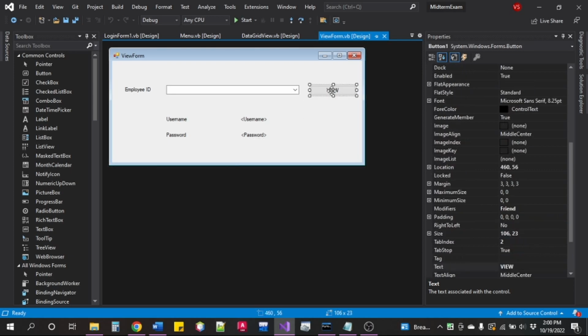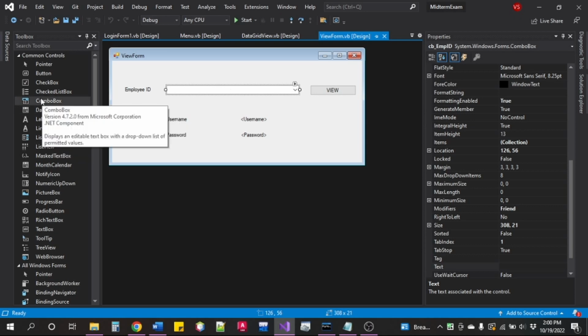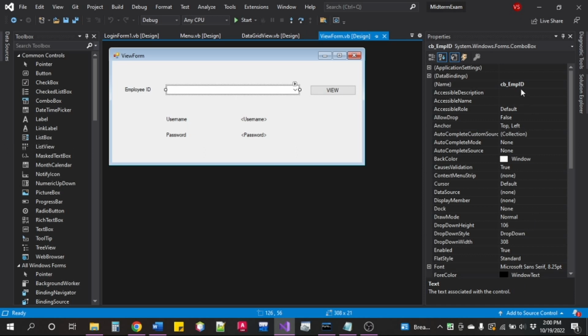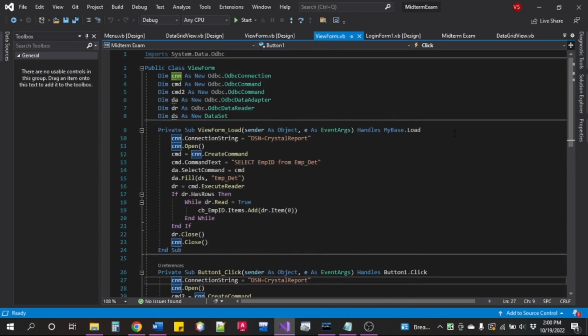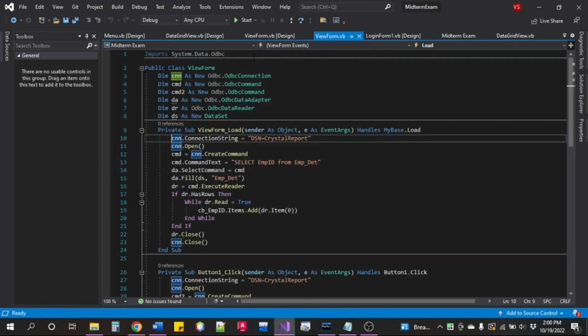Then we have the button for the view, text view, still the button one. And this one is actually a combo box. So under your toolbox, look for the combo box and place it here. And I renamed the variable name to CB for combo box, CB_MIB, since that's what we need here. So for the combo box,